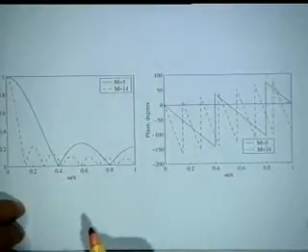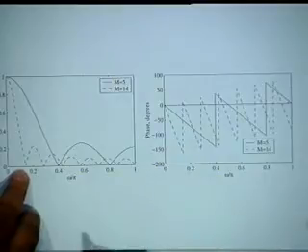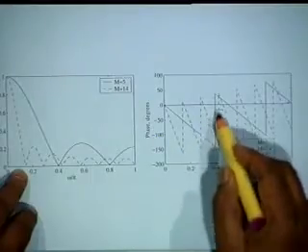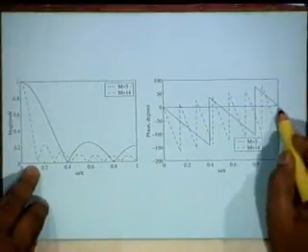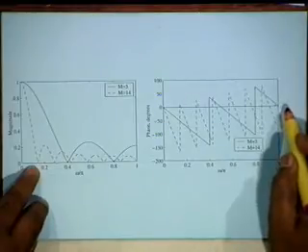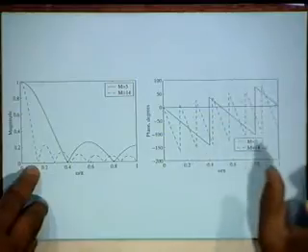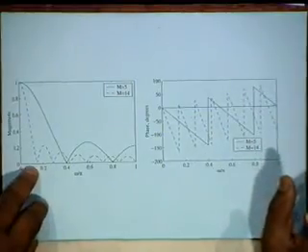If capital M is 14, then you see the transition occurs at less than 0.2. What is 14? How many transitions now? Exactly 7. 14 by 2 is 7. So, 1, 2, 3, 4, 5, 6, 7, and the seventh one is the end of the vision at ω equal to pi. Okay? So the phase behaves in a very peculiar manner, and in specifying magnitude we have no ambiguity. In specifying phase, the transition must be taken care of. It is not phase